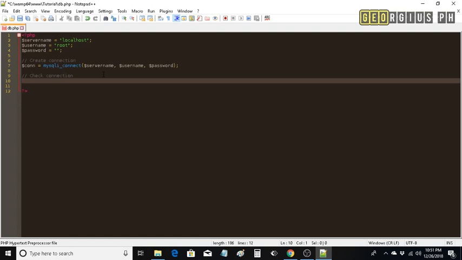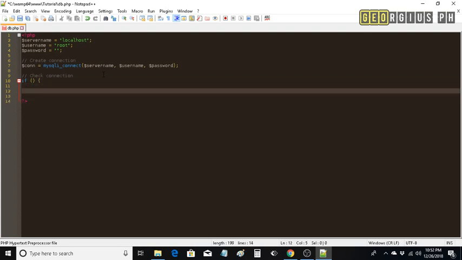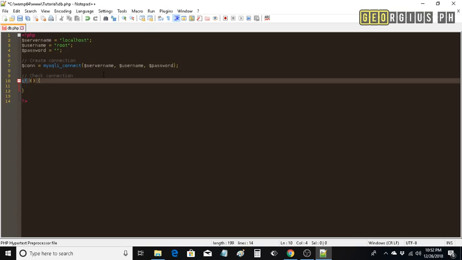So if, open and close parentheses, then opening braces, then followed by the counterpart closing braces. Now the condition we will write, if not, then variable